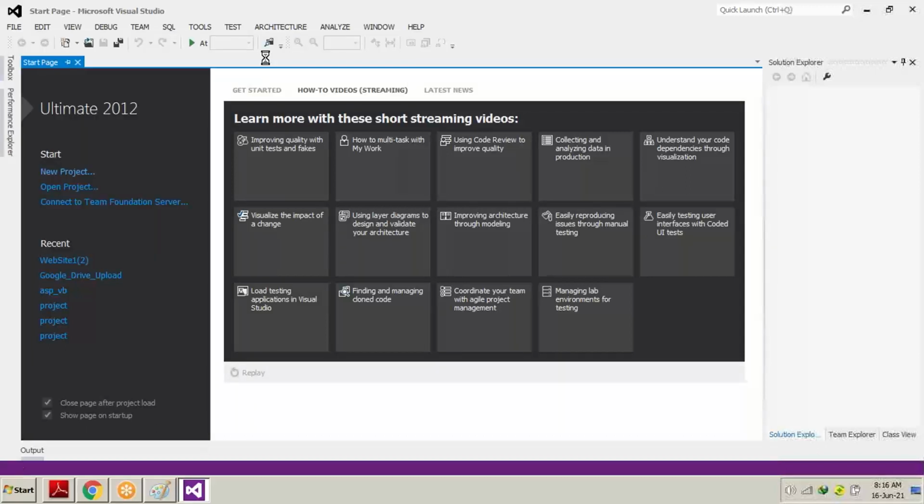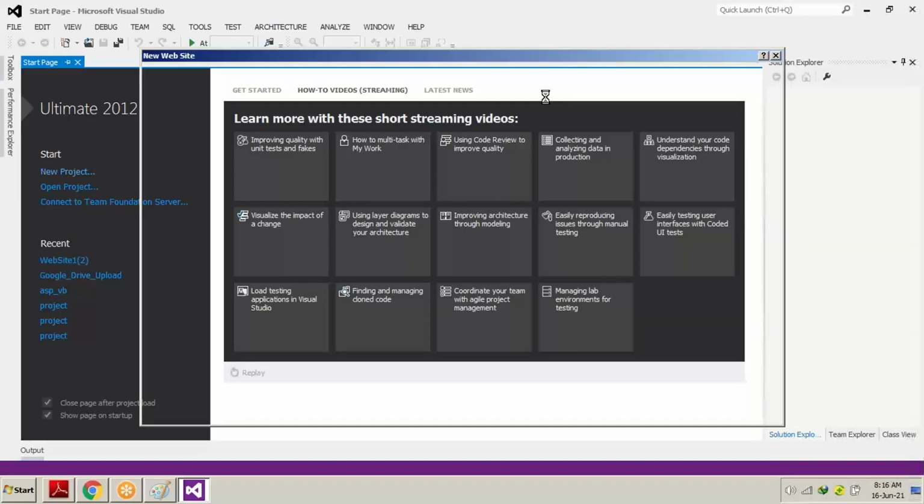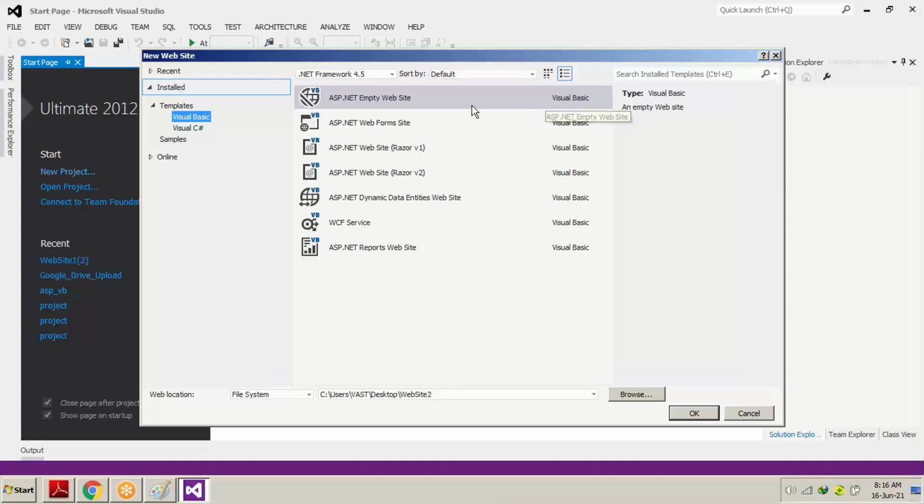Now when you select Web Site, a small window will open and it will ask you which language. On the left-hand side you're going to see the language selection, the template. Under the template we have two languages, Visual Basic and Visual C#. Most people use C#, some use J# or F#.